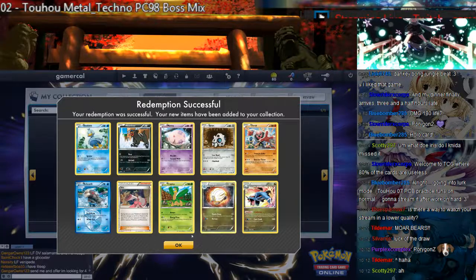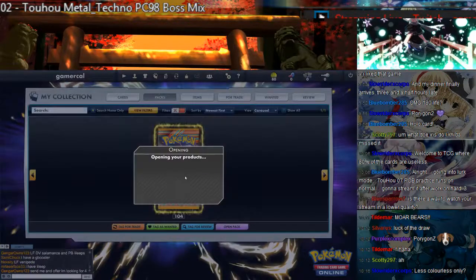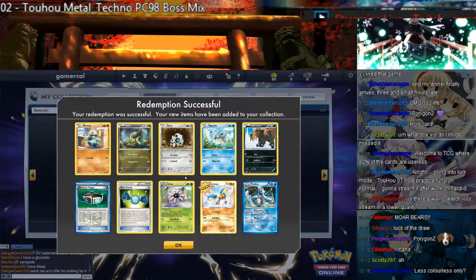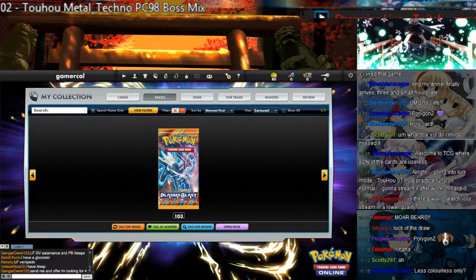There's another Salamence. Well, it only takes colorless energy, so it doesn't matter that it only removes colorless in its cost. It takes 3 of any energy to use. So...